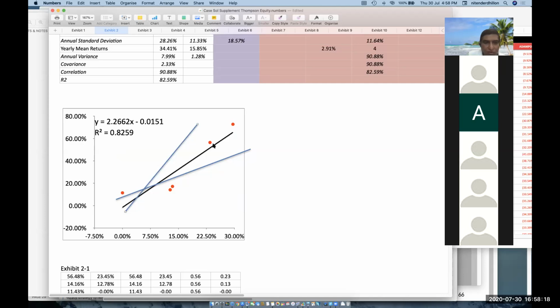Okay. Now the line that is minimizing the square of the differences. For example, this particular value just below this red dot is the predicted value as per this line. If I look at the actual value, it was off the line. So there is a difference. If I square this difference, and this difference, and this difference, and this difference between the red dot and the black line, and I add up these differences, the total will be the minimum in case the equation of the line reads like this: 2.2 slope and a